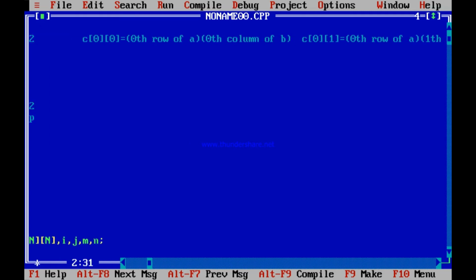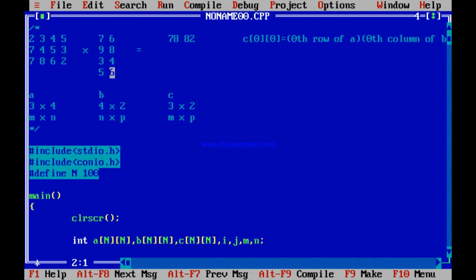So basically C00 is that. What if I take the next one, that is C10? See, no more numbers in the 0th row, only 2. Why? Because the array size should be 3 cross 2, 3 rows, 2 columns, so not more than 2 columns.